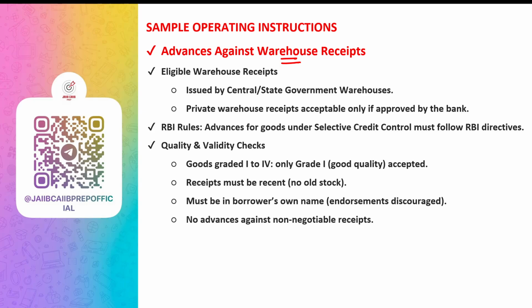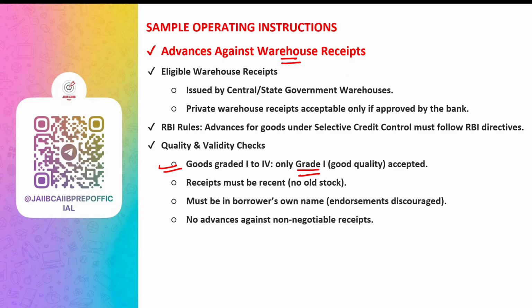Warehouses are classified into four grades: grade 1, grade 2, grade 3, and grade 4. So grade 1 is of good quality, 2 is fair, 3 is average, and 4 is poor. So only grade 1 warehouses are allowed. So good quality warehouses which classify goods into grade 1 goods, only for those good qualities loan is allowed. The receipt should be recently issued to avoid lending against old or possibly spoiled goods. The receipt must be in the borrower's name, and